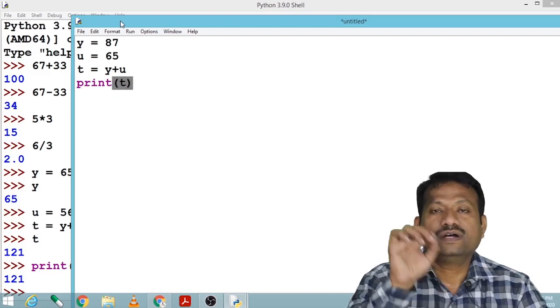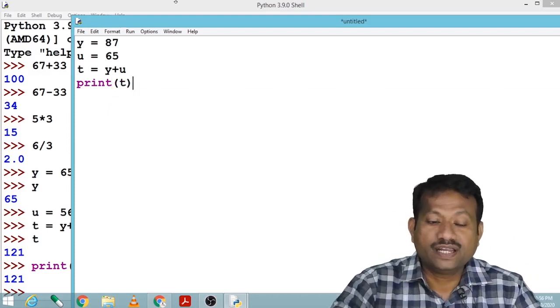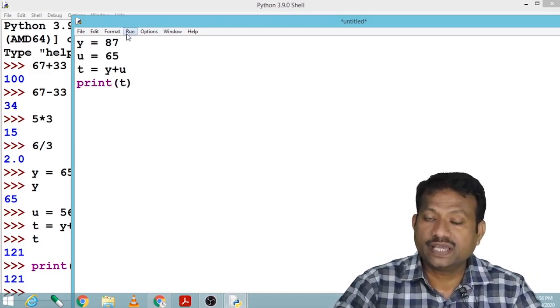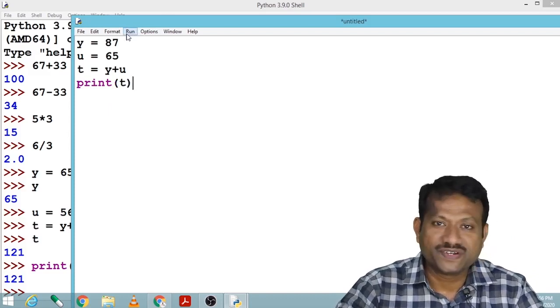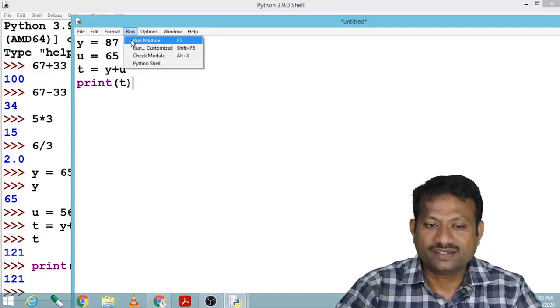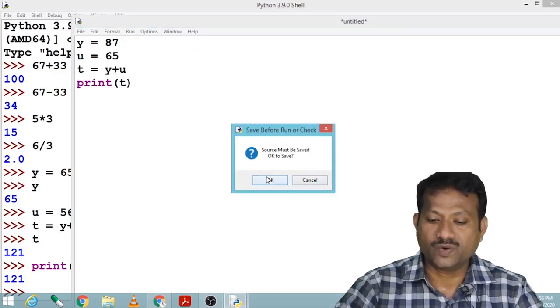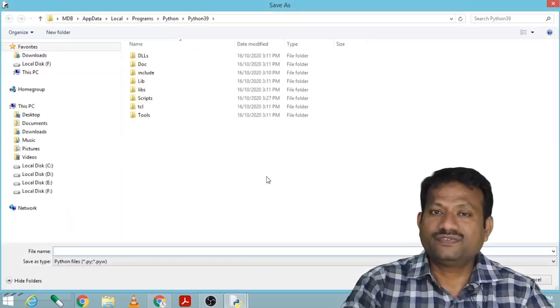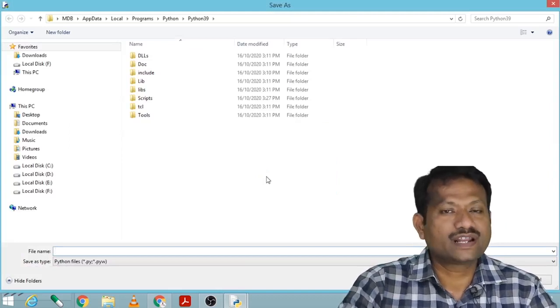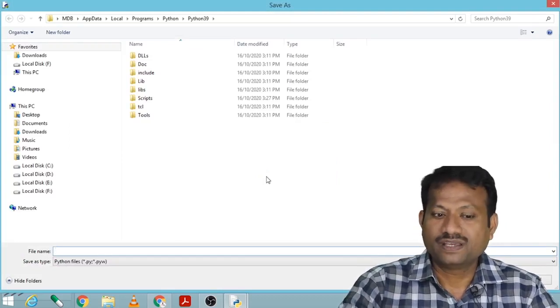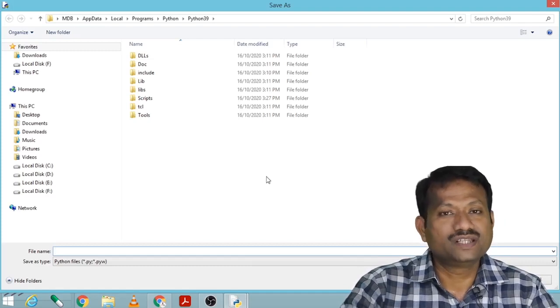Okay. Now if I run this particular file, it will say me to save the file. So after running run module, it is saying me to save the file. So say okay. Now if I'd like to save the file, there are certain rules and regulations. In the Python, it should not be the keyword.